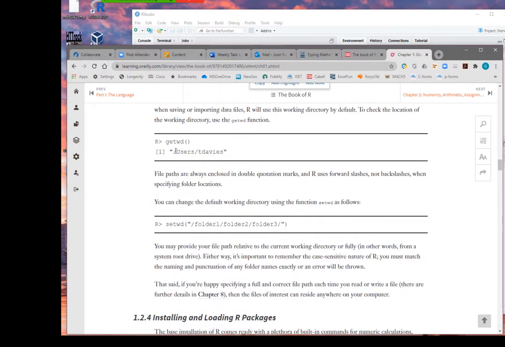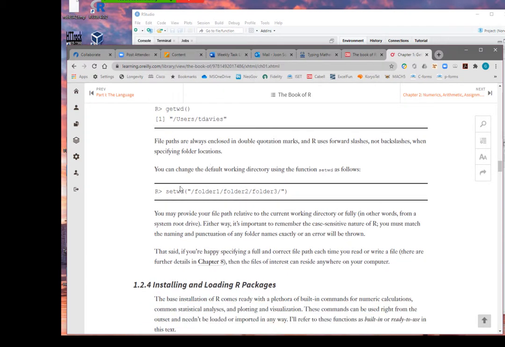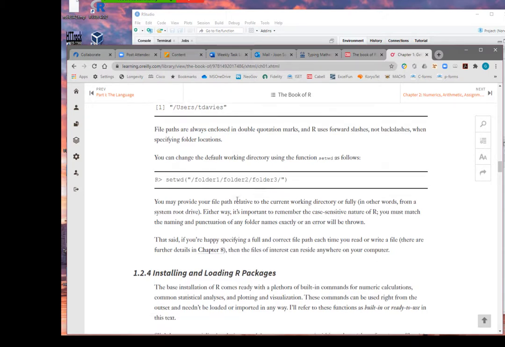The command for the working directory is getwd, which shows your current working directory. If you want to change your current working directory, you can use setwd. That's how you can change your working directory.